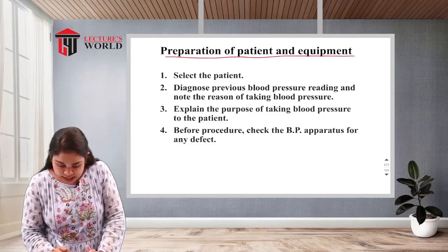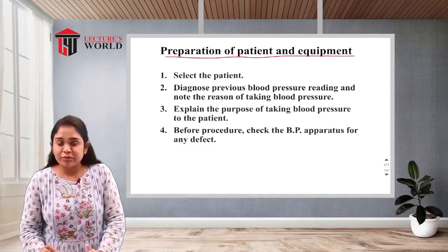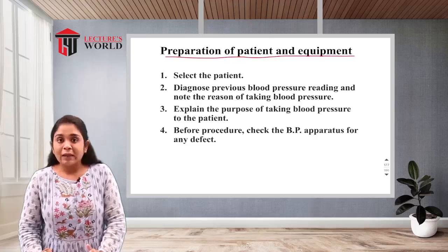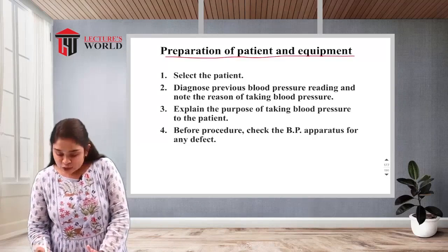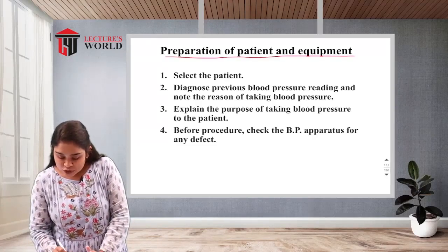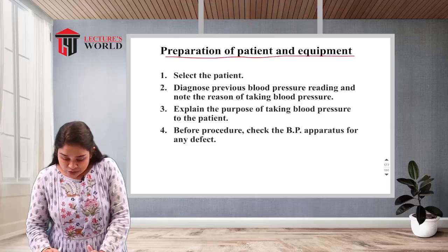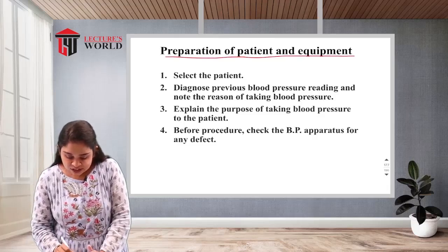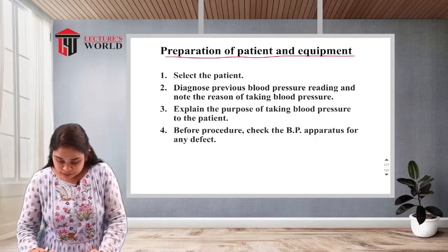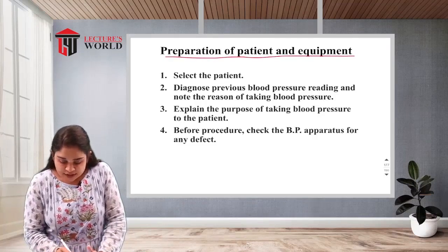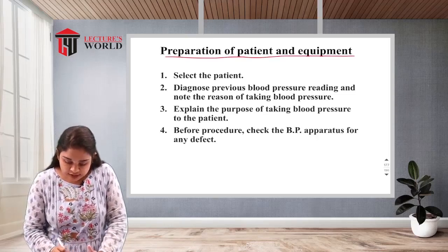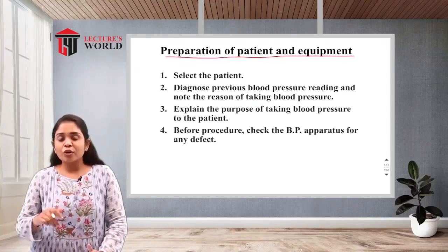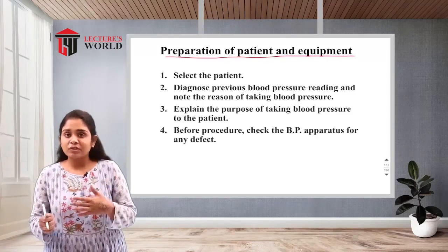Here you can see we are talking about the BP cuff, or we can say the bladder also. It is about 6 centimeters wide and 24 inches long. That is covered with fabric. If you touch this part, it is made up of fabric. The bladder is wrapped around the patient's arm and filled with air when taking the blood pressure. This is the part you are going to apply over the upper arm of the patient.